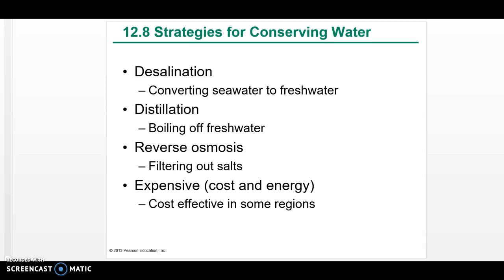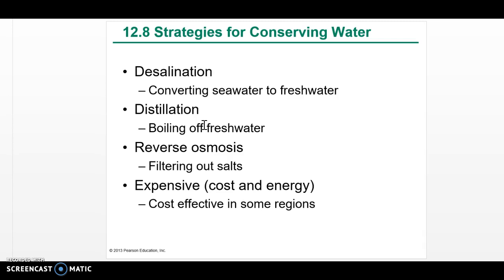We could do this through different ways. So desalination can be through distillation, which is boiling off the fresh water. We condense it, we capture it, and then it's almost like tea, right? We boil the tea. At the bottom of the teapot will be the salt water. What's left, we capture the steam in big condensing tanks, and then that fresh water is filtered and then pumped to